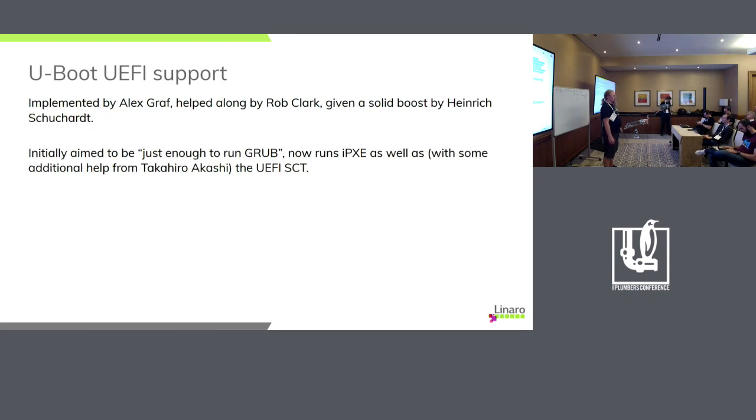I figured I'd give a shout out to the U-Boot UEFI support as well. Started by Alexander Graf, helped along by Rob Clark, and given a good boost by Heinrich Schuchardt, who's currently maintaining that bit in U-Boot. Initially aimed to be just enough to run GRUB. It can now happily run iPXE, as well as, with some additional patches from Takahiro Akashi, the UEFI self-certification test